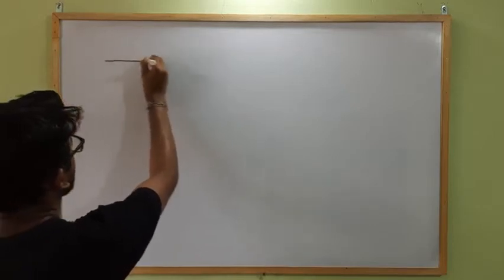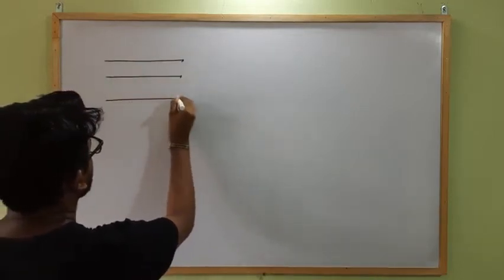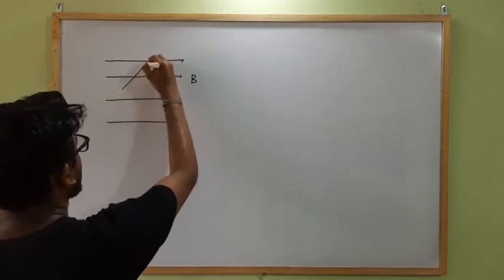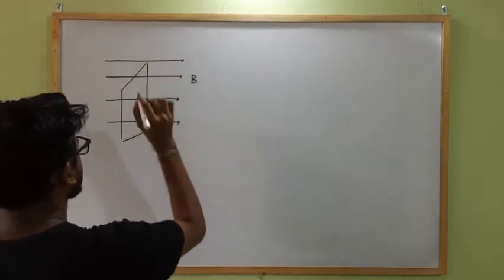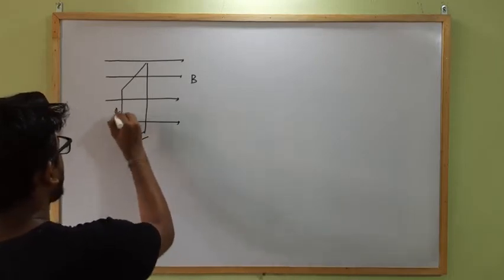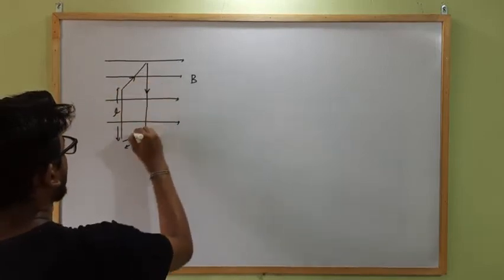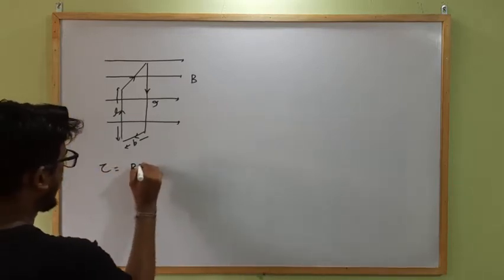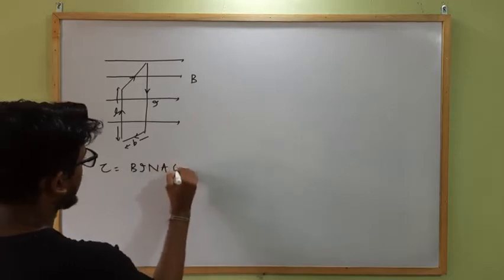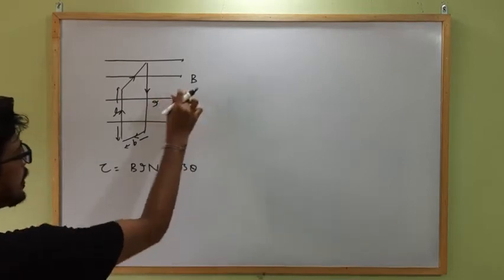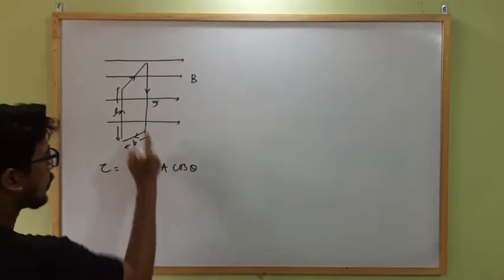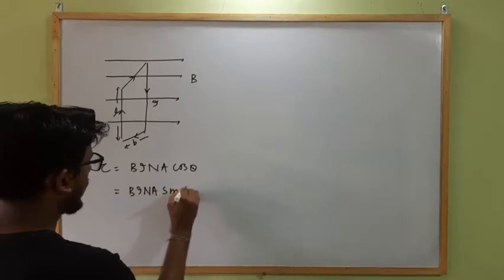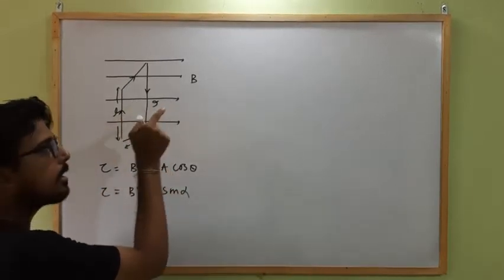So we already studied that there is an external uniform magnetic field present along the horizontal direction from left to right of strength B, and a current carrying coil is present which has width B and length L and carries current in clockwise direction of value I. Then we know the value of torque tau equal to B I N A cos theta, where theta is the angle between magnetic field direction and plane of the coil and N is the number of turns of the coil, or this can also be written as B I N A sin alpha, where alpha is the angle between area vector of the coil and magnetic field direction.